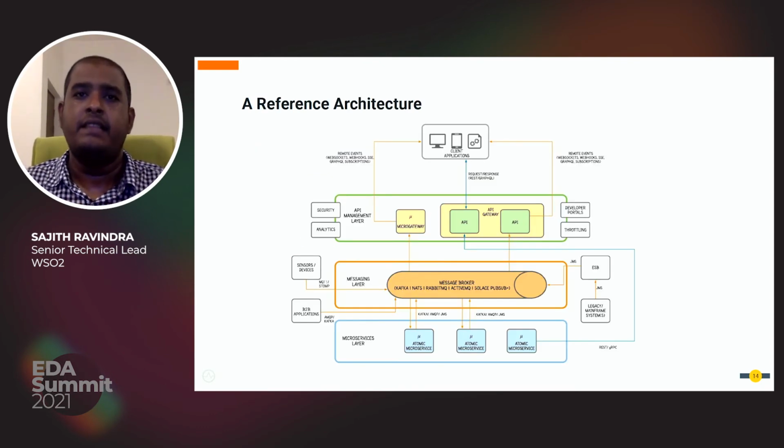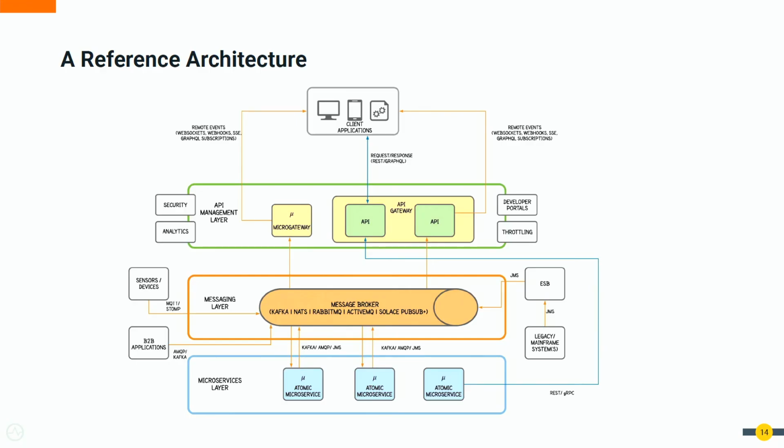So this is a simple reference architecture that you can use to implement such a streaming API implementation, right? I'll not go into a lot of details here. The simple idea is that you can place an API gateway fronting your eventing backbone, just like you do with the REST endpoint. By using these gateways, you can enforce QoS, apply security, etc.